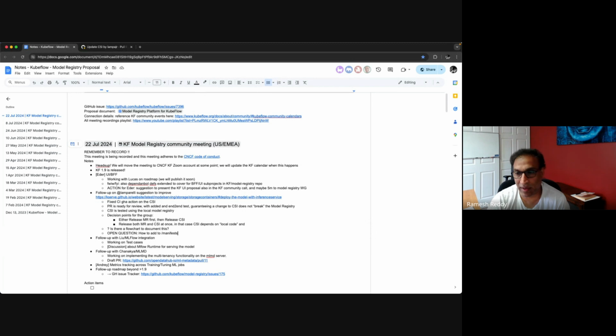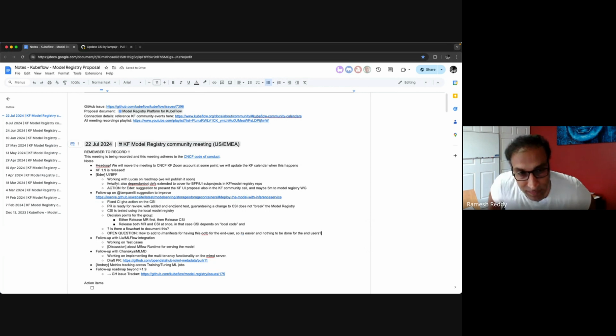But I'm looking at just a suggestion, but at the end I'm looking at how can we make this, when Model Registry is installed in Kubeflow, how can we make all these things a lot more dead simple for the user to just start using it. So take out the hurdle of it. I see Dheeraj's hand raised, so go ahead, Dheeraj.